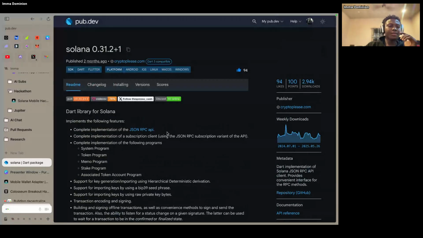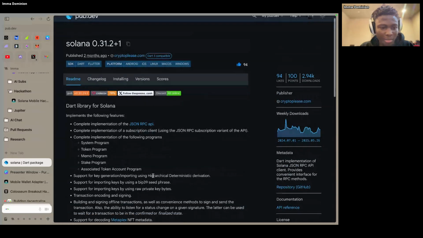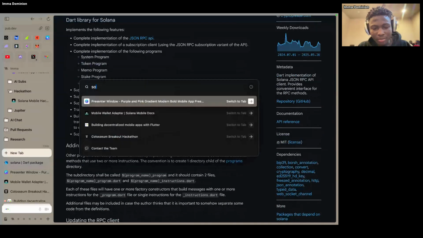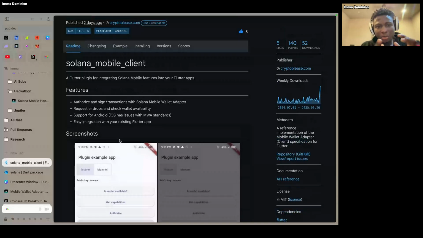But since we are looking at building for the upcoming hackathon, today we're not going to be really talking about using this package. We're going to be talking about using this package. I mean, it's still maintained by the same guys, and the code bases are very close to each other, tightly coupled, right? So this package can allow you to authorize users to your application, right? So let's say this is already your authorization, right? And request for airdrops if you are on DevNet or testnet, to this package, which is still a form of the